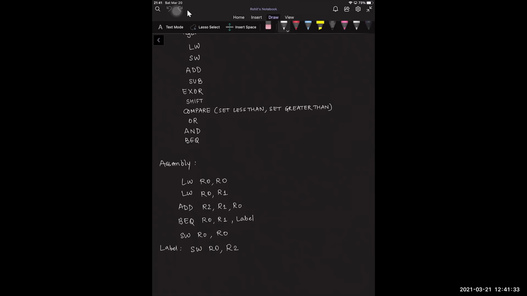The first two load words load values from the DMEM from the 0th location to registers R0 and R1. We then use an ALU operation to sum up these values and store them to register R2. We then use the branch equal to instruction to skip one of our store word operations and jump to the label.